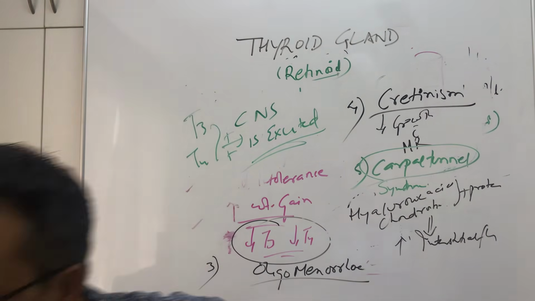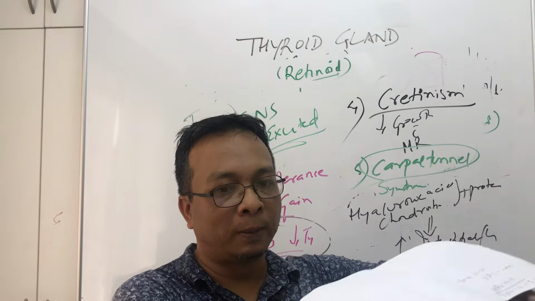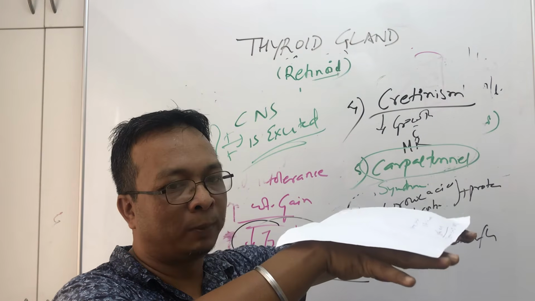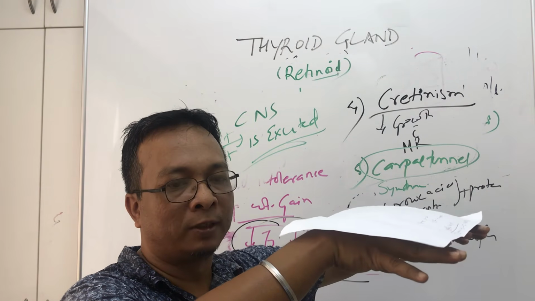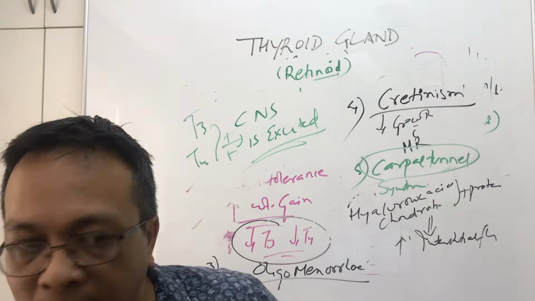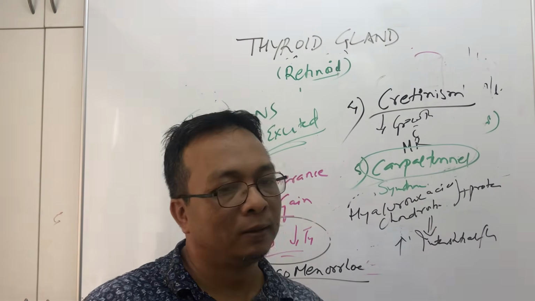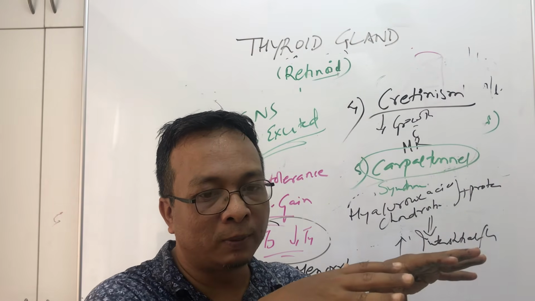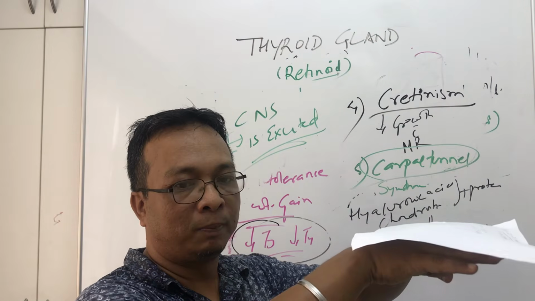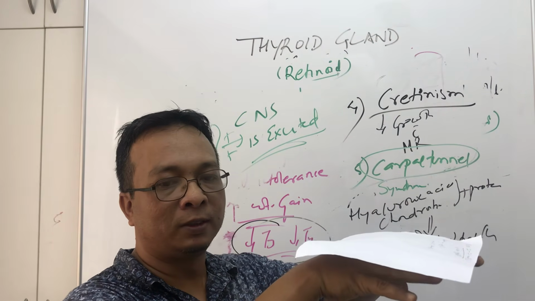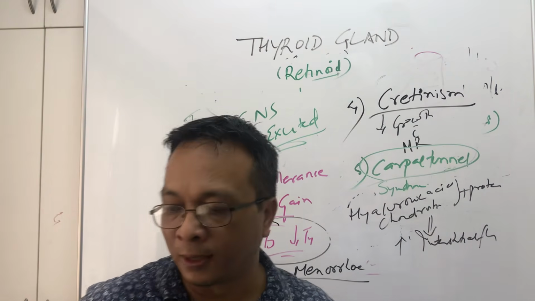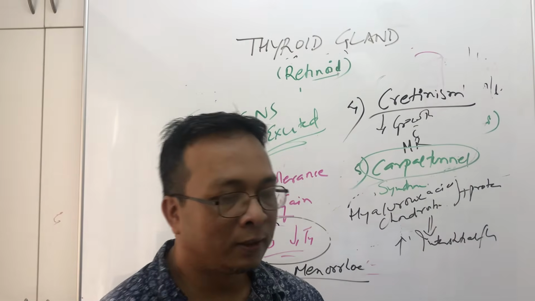If I put a piece of paper on the hand of a hyperthyroidism patient and you see it shaking, it means tremor is there. So this tremor will be found in increased T3, T4 level. When a patient comes with this type of thing, just put a piece of paper. If the paper is moving, it means his T3, T4 is high, provided he doesn't have Parkinson's disease. You have to exclude other things, look at his gait, other things.